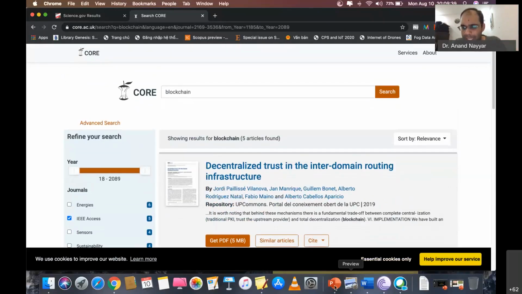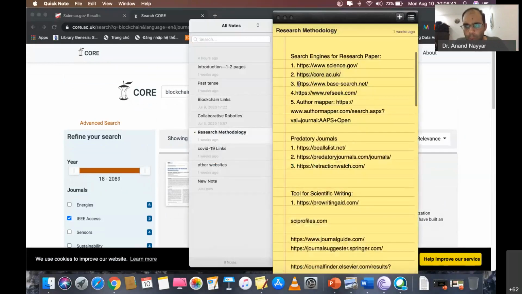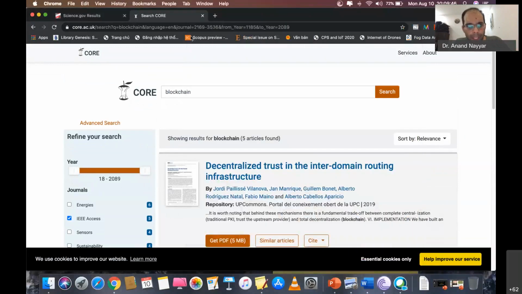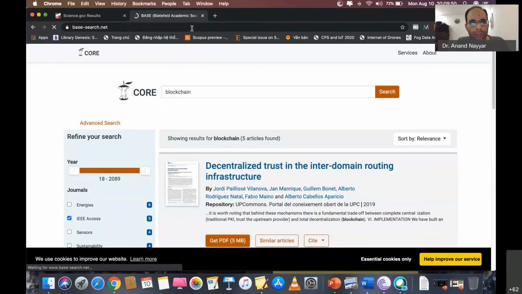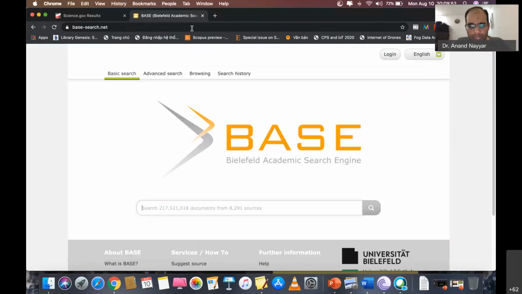Now, the next tool, which I would like to give you, again, is a very good tool to search research papers. And after that, I'm going to change your life today. This is called base-search.net. Again, a very good search engine for doing the research paper search. Now, suppose we are doing our research on security in ad hoc networks. Now, see this. If I just click search,